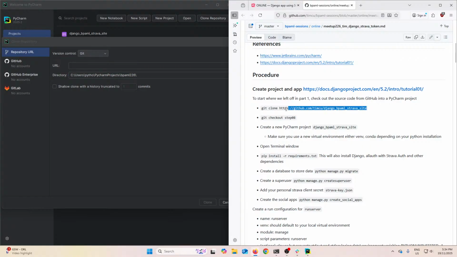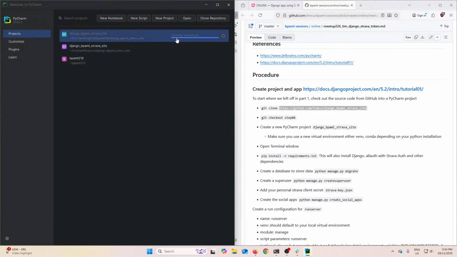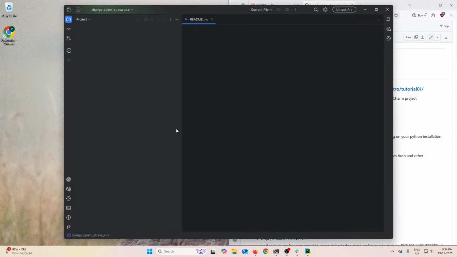You can do this from the command line using this command, git clone, and the site, but let's just try using PyCharm's way of cloning a repository. I think I might have to put that name in there. So let's clone that. And you can see it's cloning the repository. Do we trust it? Yes, we trust it. Now I'm not going to bother